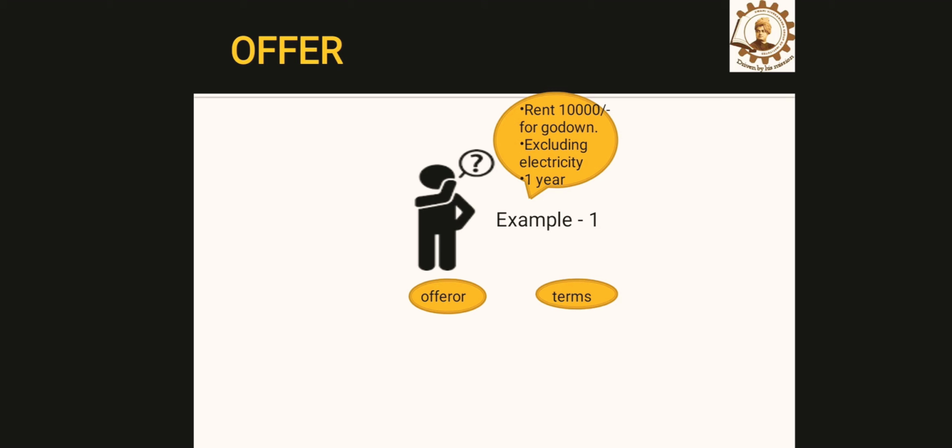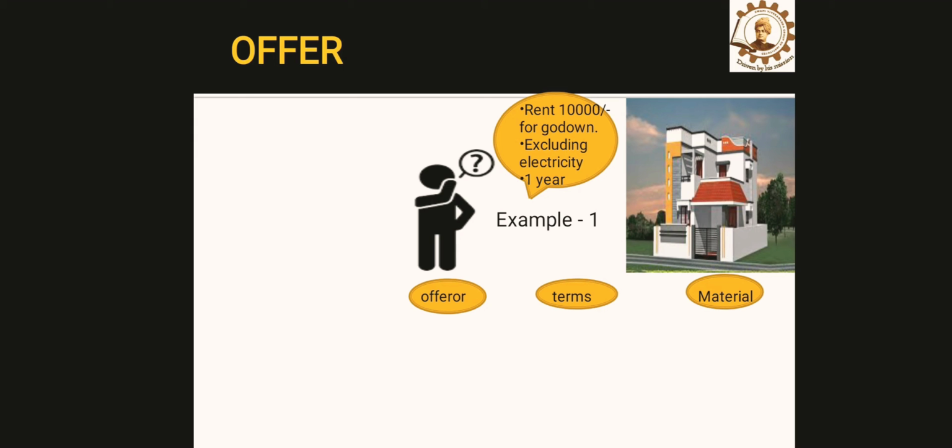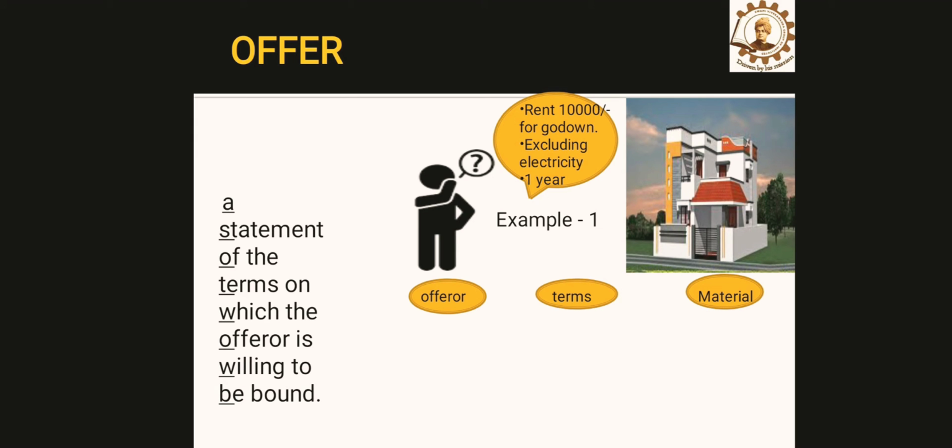Every month the person has to pay him the rent. So this person is the offerer. These are the terms and conditions which he has used while offering that material. This material is the godown. So an offer is a statement. These are the statements: rent 10,000, electricity, every month, 1 year, this godown. This is concluded in one statement which has all the terms and conditions which the offerer is